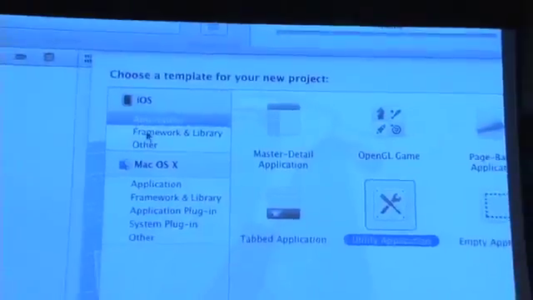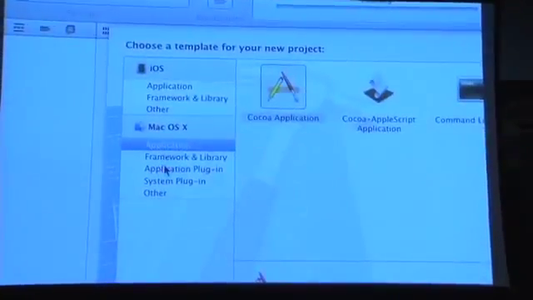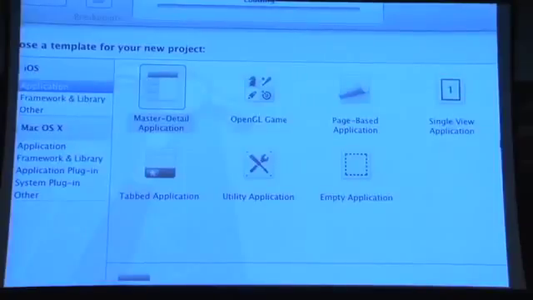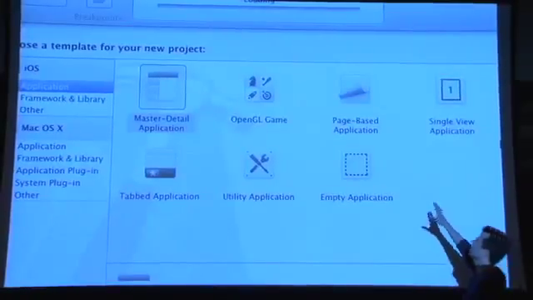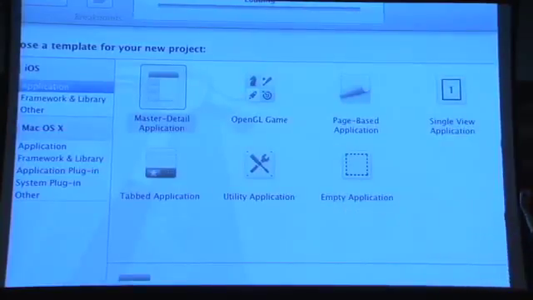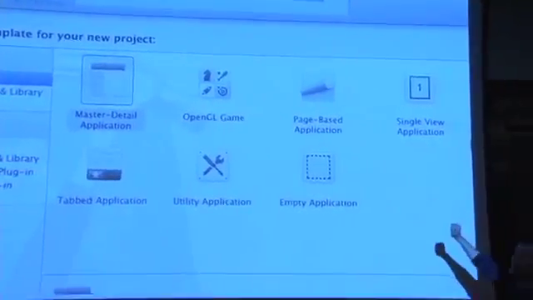So first, realize last week and a bit today, we poked around under macOS. Today, we start doing only the things under iOS. So we have a few templates here. Empty application is really a skeleton of a starting point. Generally, you'll find it more helpful to start, for now at least, with single view application. And for Evil Hangman,